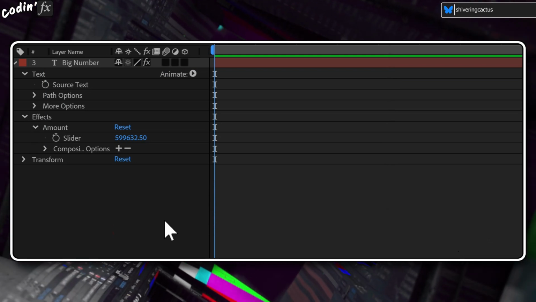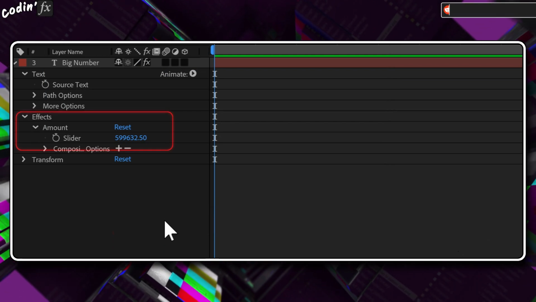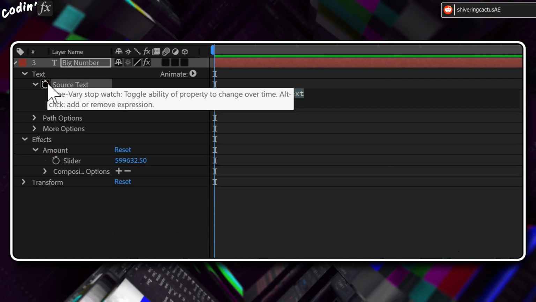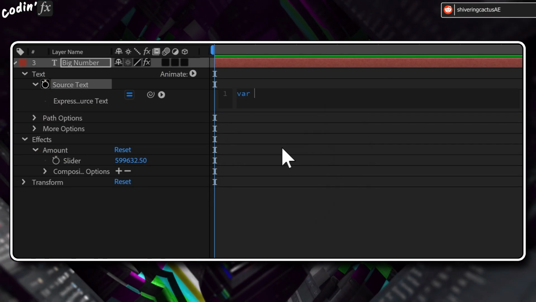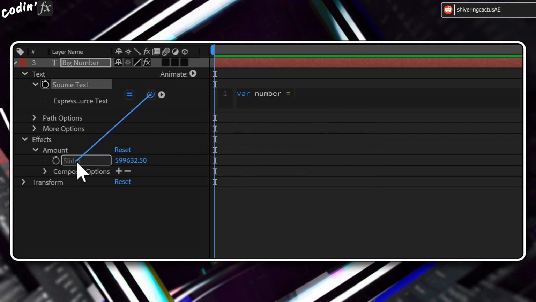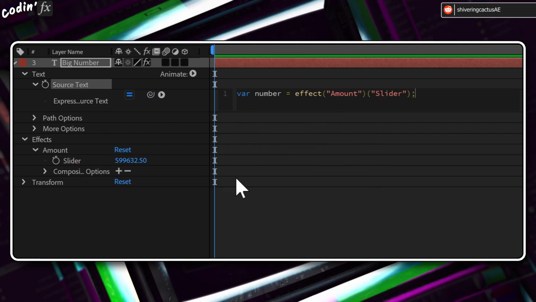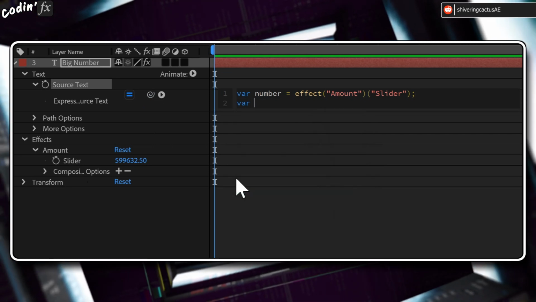Here's my text layer, and I've already linked a slider control to it. And that's how I'm going to set my value. So I'll type var number equals, then pick with my slider control. And I'm not going to worry about decimals or rounding because of the next line. Var num equals